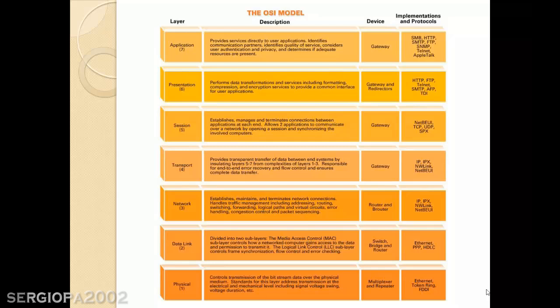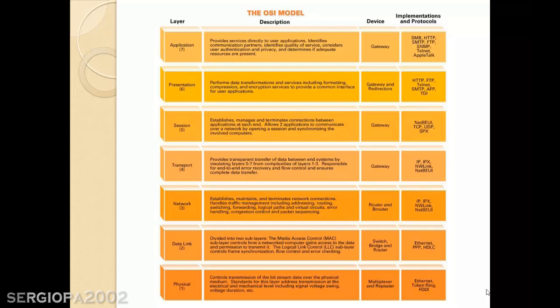The next layer is the network layer, one of my favorites. And this is the one that establishes, maintains, and terminates network connections. Okay, it handles traffic management, including addressing, routing, switching, forwarding, etc. So, one of the most important things that the network layer does is routing. It's really the layer that takes the package, which is actually called a package in the network layer, a series of zeros and ones, and sends it to its